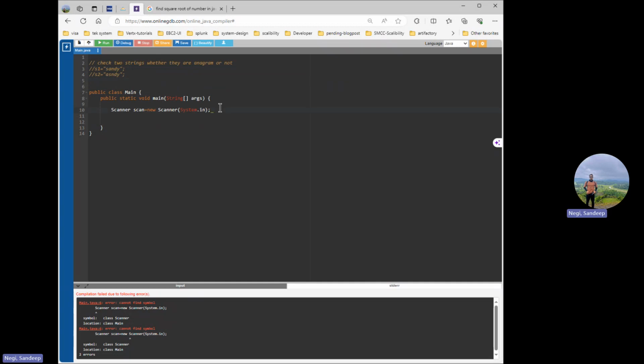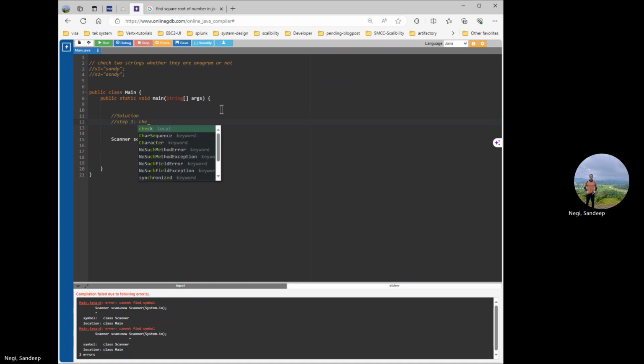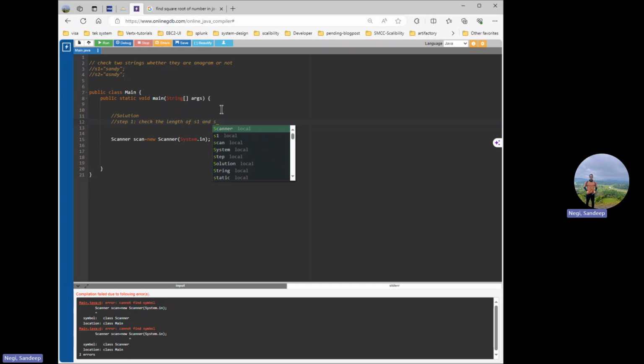Cool. Let me give you the solution approach that I'm thinking. Step one, we'll check the length of the two strings. If the lengths of S1 and S2 are not equal, then we can directly say that these are not anagram. Check the length of S1 and S2. If not equal, do not proceed. Step two, if lengths are equal,